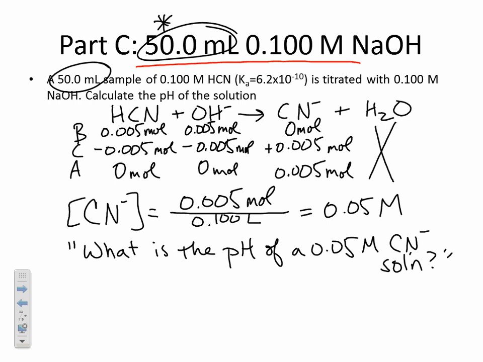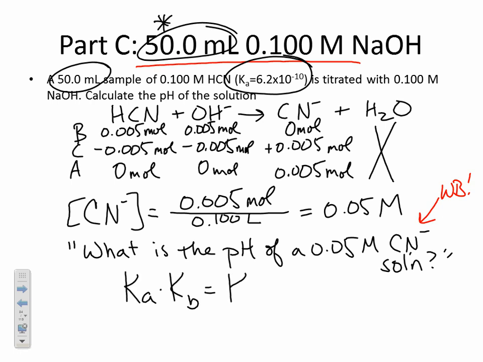So this is going back to calculating concentration from K. But there's a bit of a problem here. This is a weak base, right? So we know we want to write the base dissociation reaction for the weak base. We do not have a base dissociation constant. We have a Ka value. So before we go on,